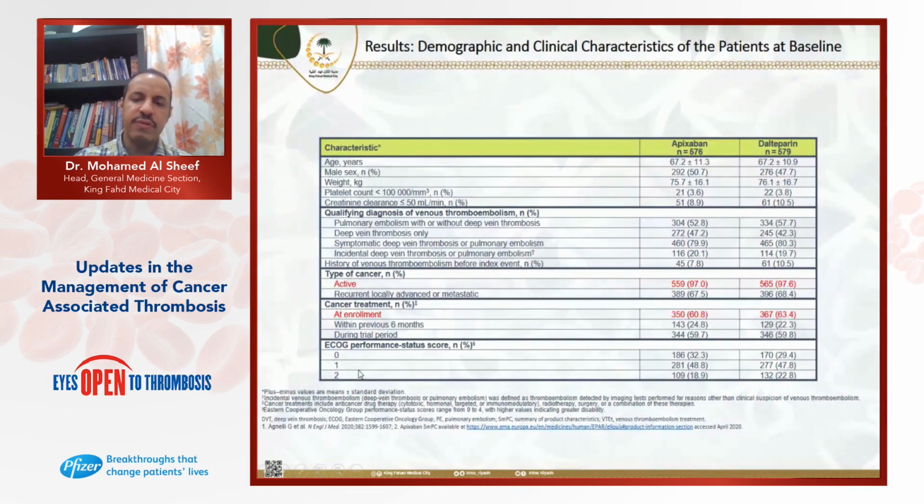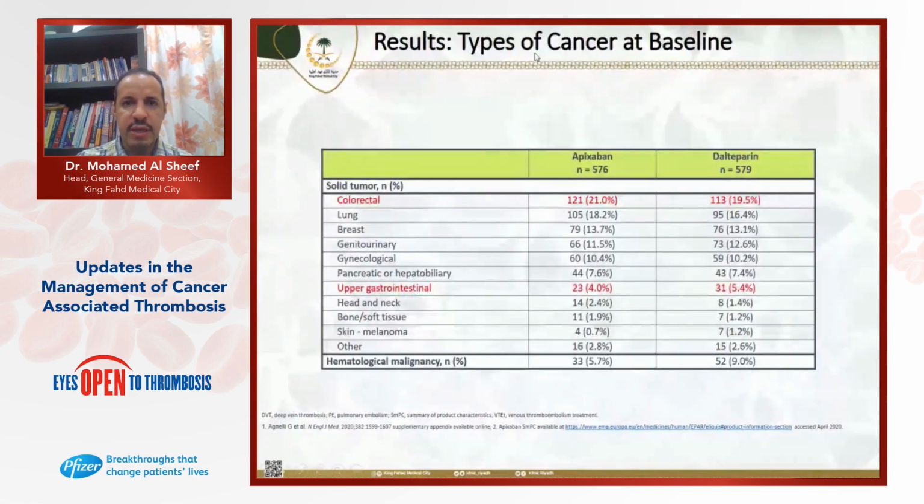And this is also the performance status, because for oncologists this is important. They know that it has a very important impact. It's also balanced, the ECOG performance status score. And types of cancer at baseline, you can see the colorectal cancer, about 20% in the apixaban group and 19.5% dalteparin. It's almost equal. And you can see upper gastrointestinal, 23 patients, 31 here, about 5.4 and 4%, in addition to other